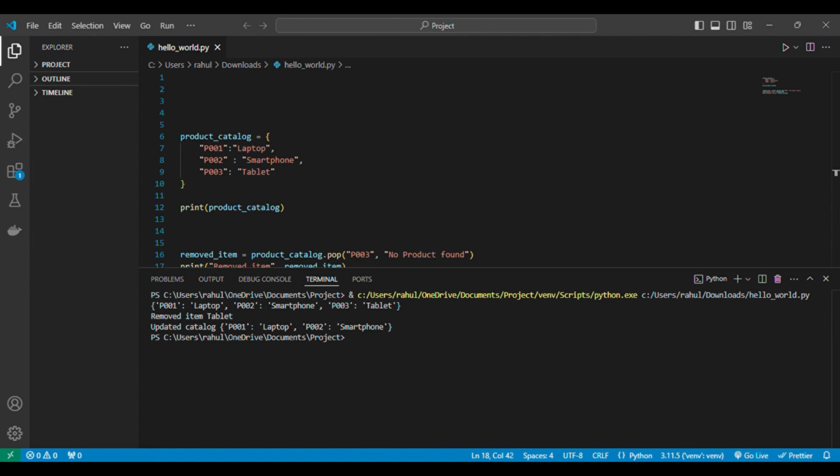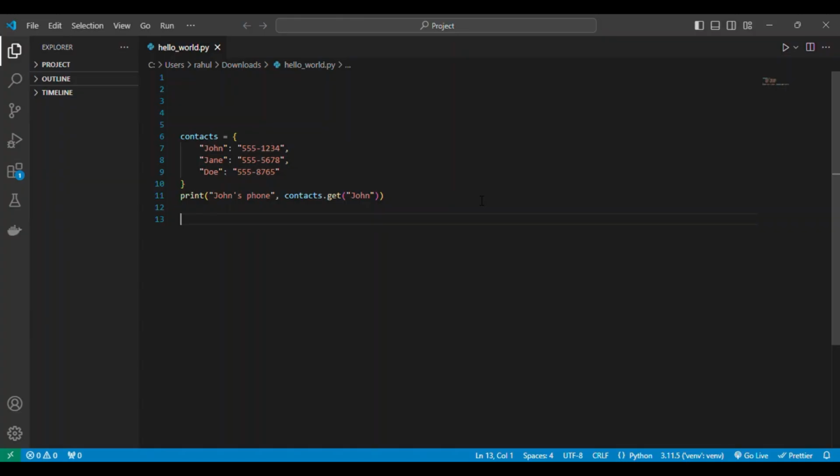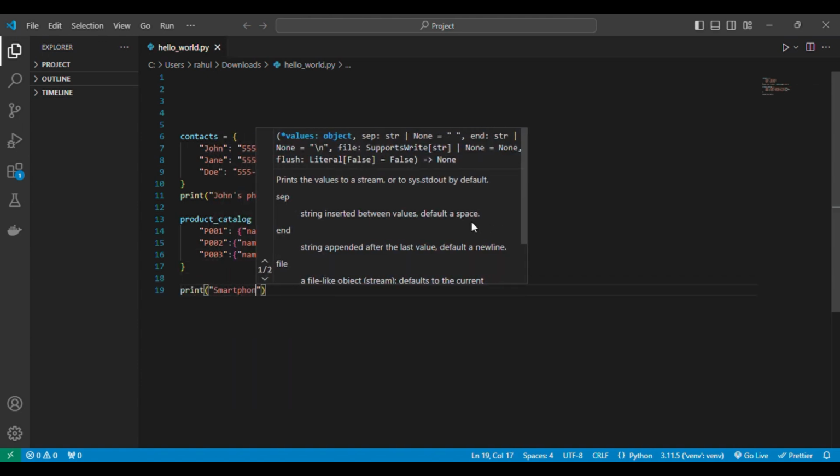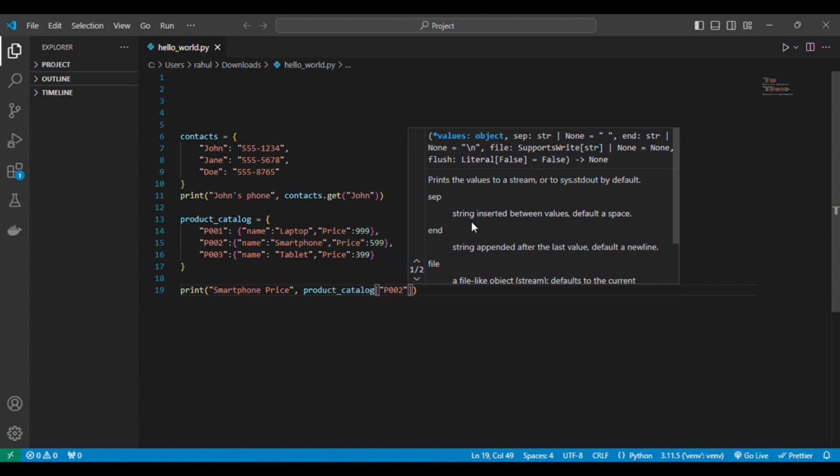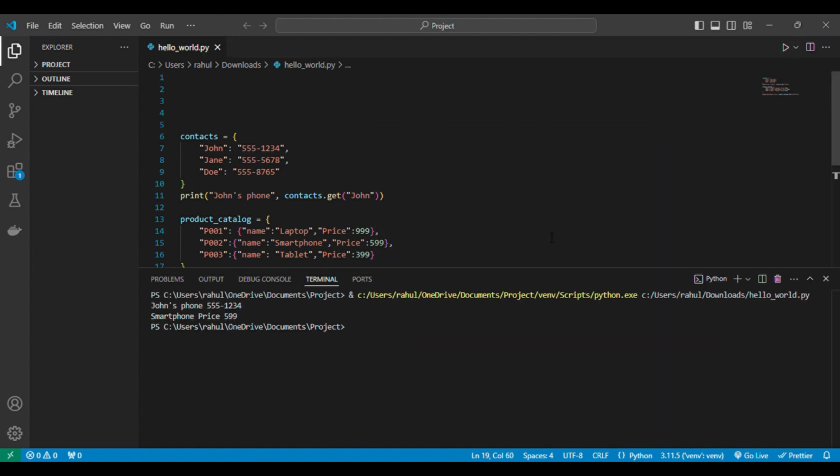Let's return to our product catalog. Here we can imagine a simple catalog with product codes as keys and product names as values. We could even extend this to include prices or categories. product_catalog = {"P001": {"name": "laptop", "price": 999}, "P002": {"name": "smartphone", "price": 599}, "P003": {"name": "tablet", "price": 399}}. print("Smartphone price:", product_catalog["P002"]["price"]).